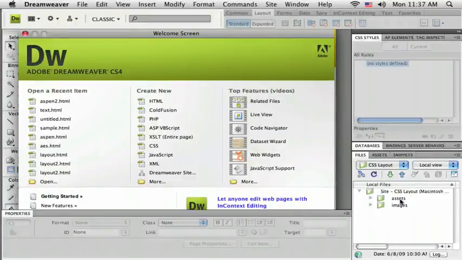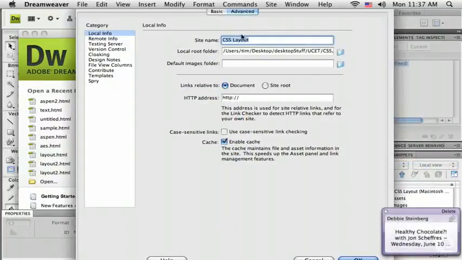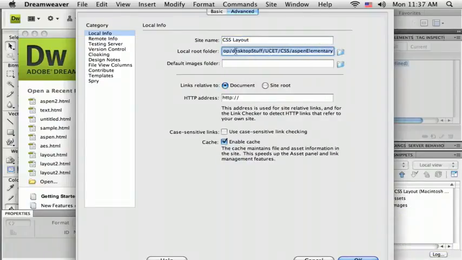Now, what I would expect is if you're going to follow right along, you would have gotten those sample files and you would have created a root folder on your desktop or on your computer somewhere, and have gone in and defined this practice site. And you can see I just called it CSS layout here, and so I've got CSS layout,